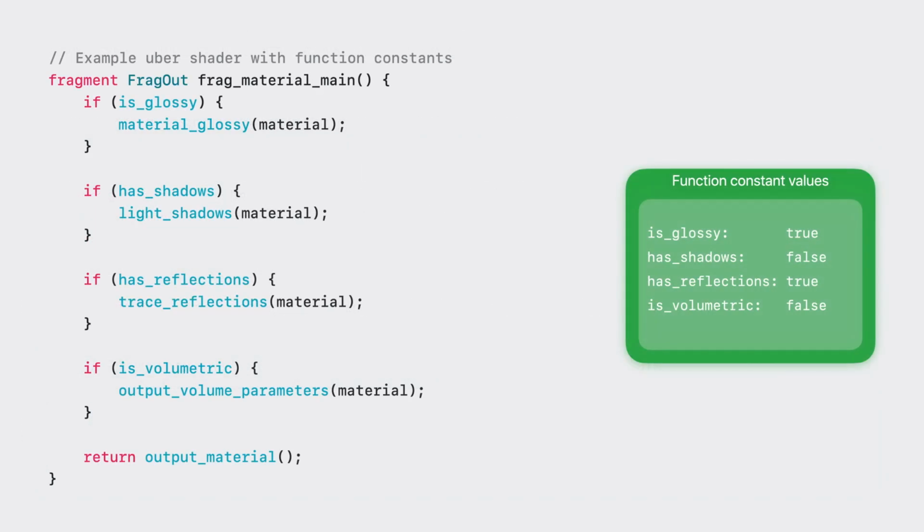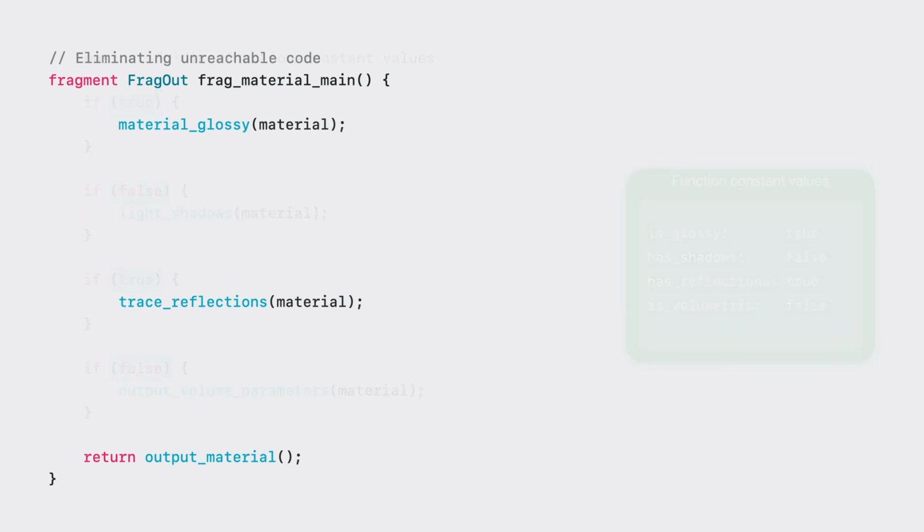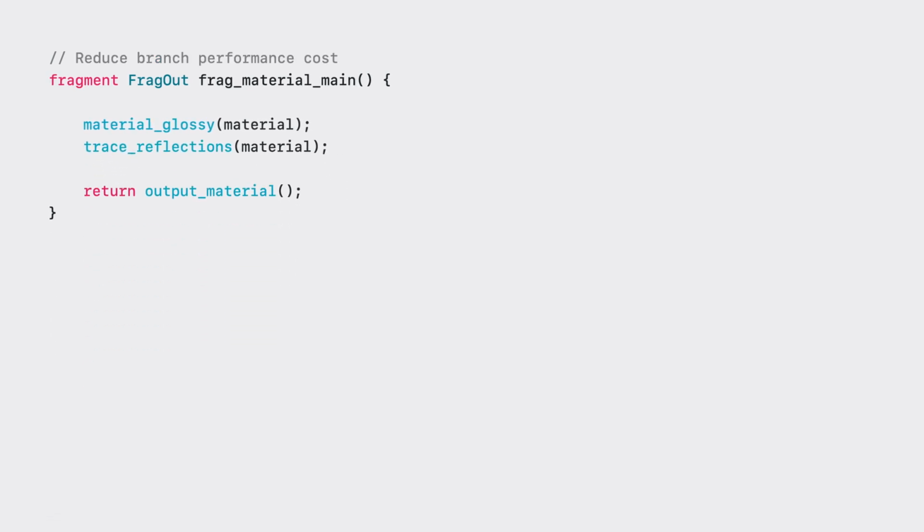With function constants, Metal can fold these as constant booleans as it compiles the shader's specialization variant, as well as other optimizations such as eliminating unreachable code paths. And that can remove unused control flow. By specializing shaders with function constants, you don't need to query material parameters from buffers anymore. This approach reduces the shader's runtime by simplifying its control flow and removing unused code paths.